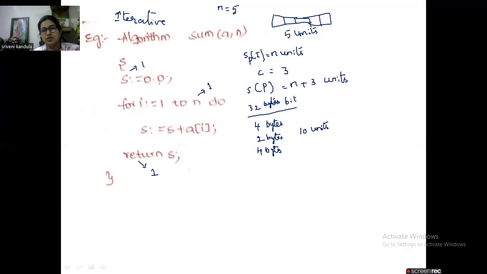Okay. So 10, not 10 units, 10 bytes. So 10 bytes of memory I need. So if my n value is 1, suppose my n value is something else, based on that, again, my requirement is going to change. So you can just compute and check yourself. Okay, so like this, you can